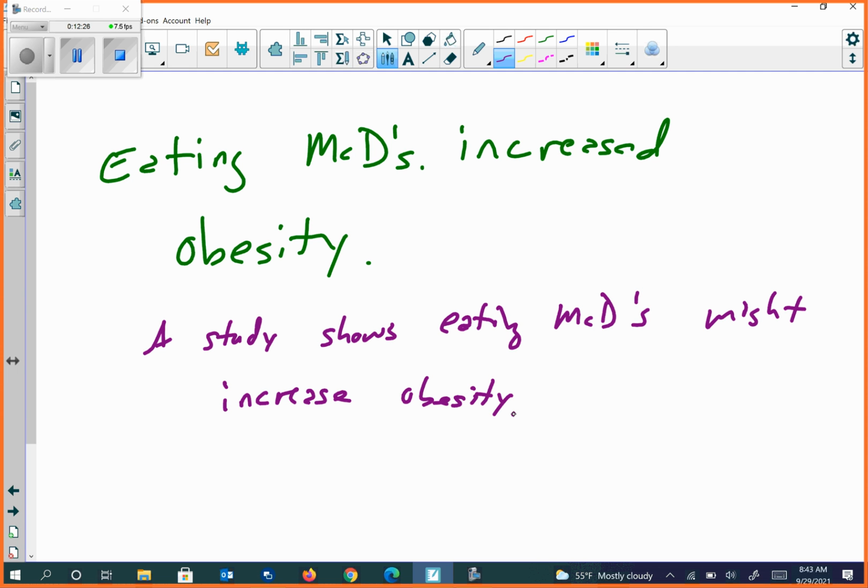What is the purplish color? Why is it different? Well, I have words like might, because I don't want McDonald's to sue me. How dare you say that we're making people fat? Well, hey,